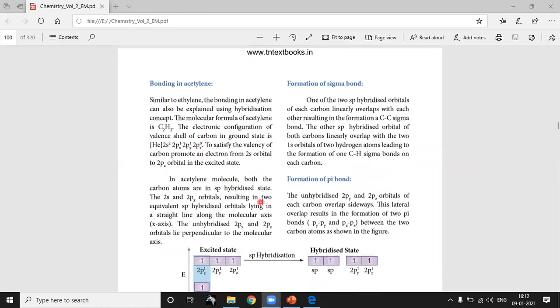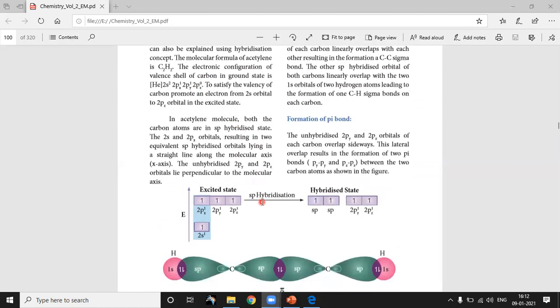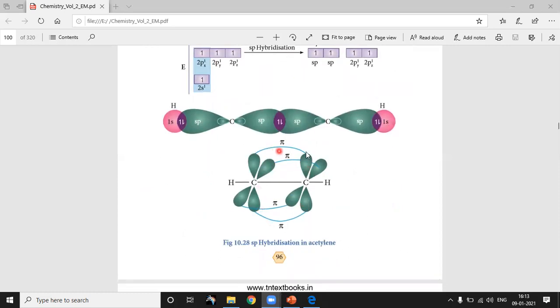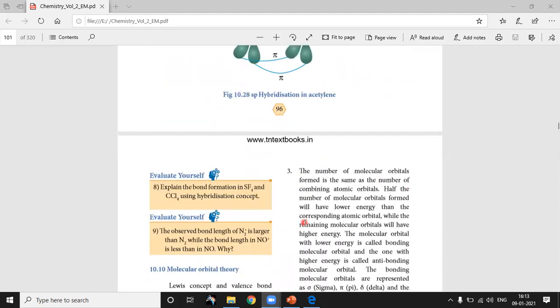Now in acetylene, that leads to the formation of the pi bond. So that is simply as in our previous step, we have to write the electronic configuration and also we have to write the hybridization. Then we have to check with the hybridized state, right? So now you see the carbon, here hydrogen and here another hydrogen. So which means it has a triple bond formation, and here the overlapping is done with the two atomic orbitals, so that we are having the bond formation as triple bond.